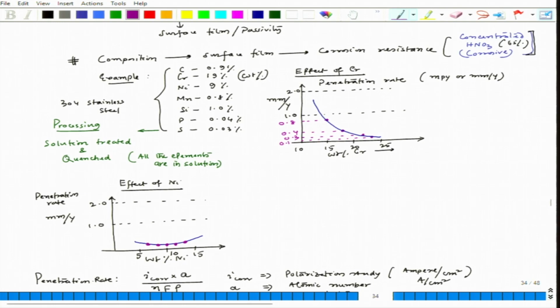So, the effect of nickel, if you consider the corrosion resistance of that material, does not matter much from 7 to 12% of nickel, but if we get austenite at around 8 to 9%, we should keep it, because otherwise nickel is costly. So, it will increase the cost of the material. Then if we try to look at the effect of carbon, carbon has a serious effect on the corrosion behavior of 304 stainless steel. Okay. So, in that particular concentrated HNO3, in fact, if we change the acid also, it would have a similar level of effect. If we talk about the effect of carbon,